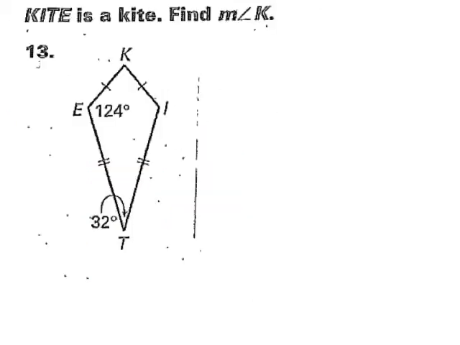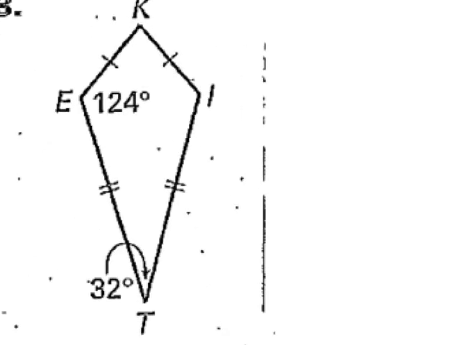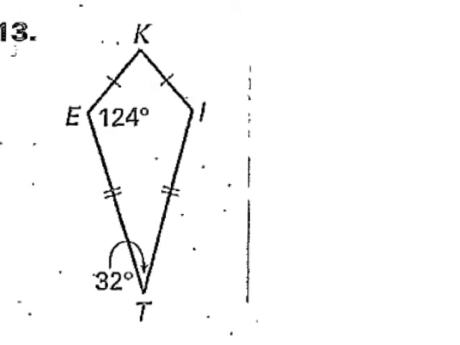Okay, this one, we want to find angle K. This one's going to require a little bit more reasoning, so I'm going to zoom way in so I can write kind of fine here. But I want to find angle K. I know that angle T down here is 32. I know that E is 124. Right away I need to see that angle I, right here, is congruent to angle E,